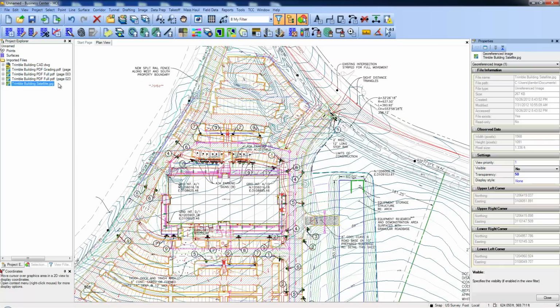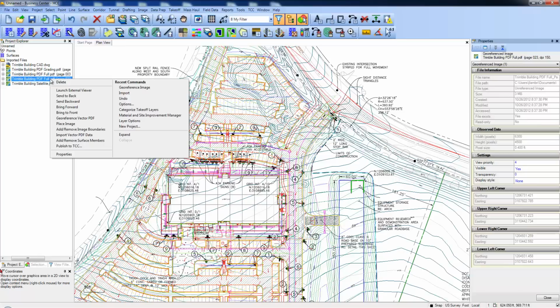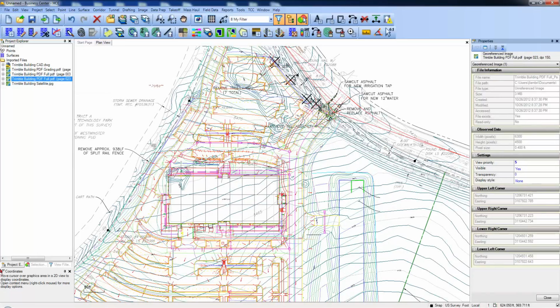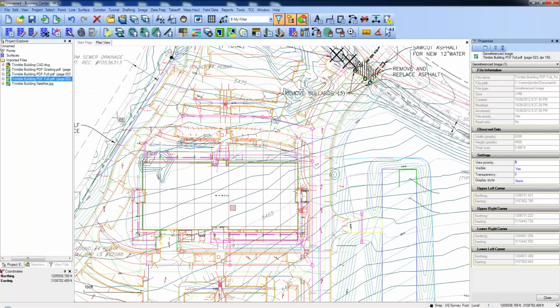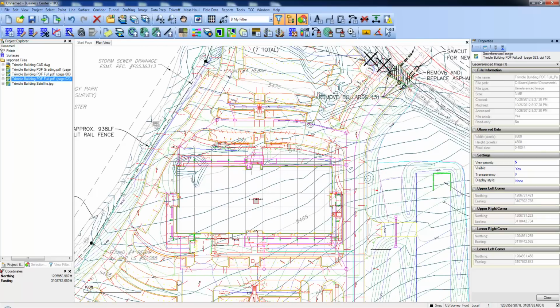With the PDF sheets, if we right-click, we see that we can bring them forward or send to the back to view some of the other PDF sheets that are in here. If we don't want to see them at all, again, we can turn the visibility off. We can also choose how the PDF is displayed. For example, if we go to the PDF grading sheet,